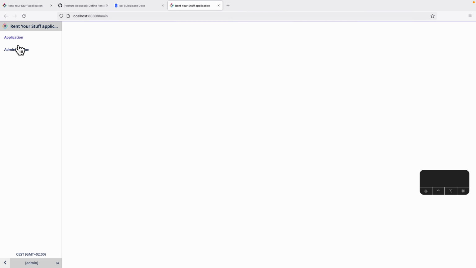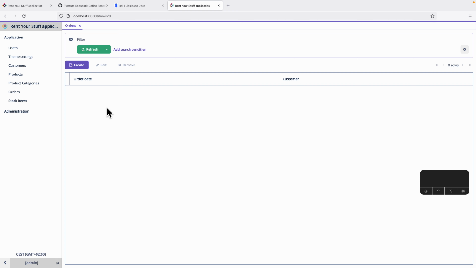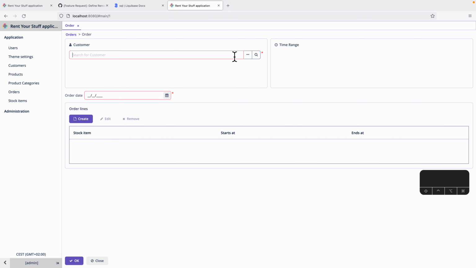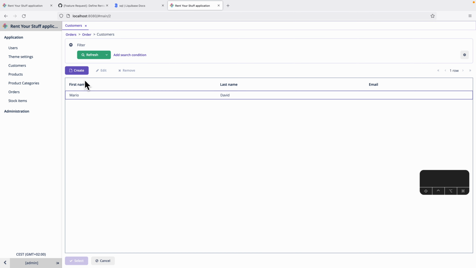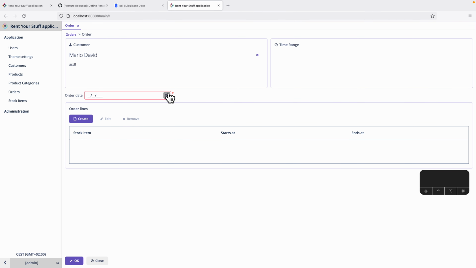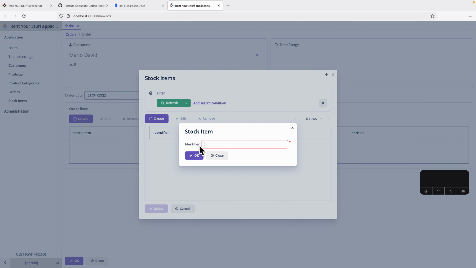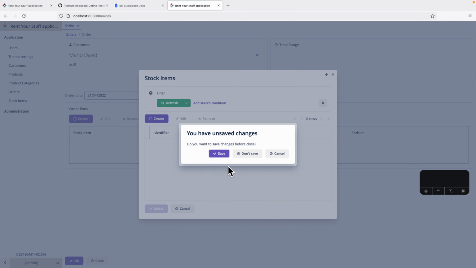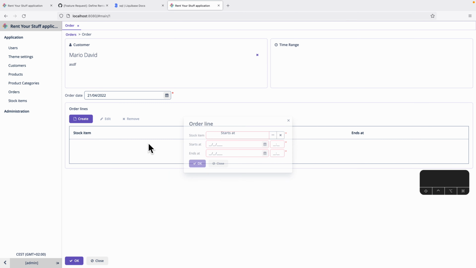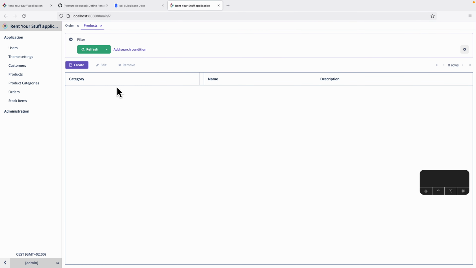So we have now our application, and here in the orders we are currently lacking a little bit of data, so I will fix that for now. Then we will enter order data, and for that I actually need, okay, this doesn't work, so let's go here and create a product,